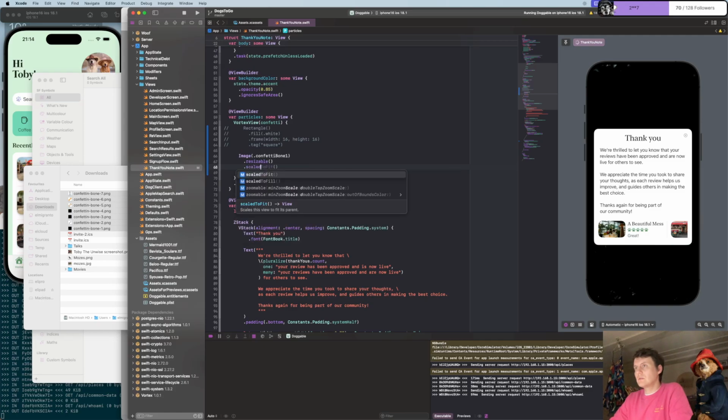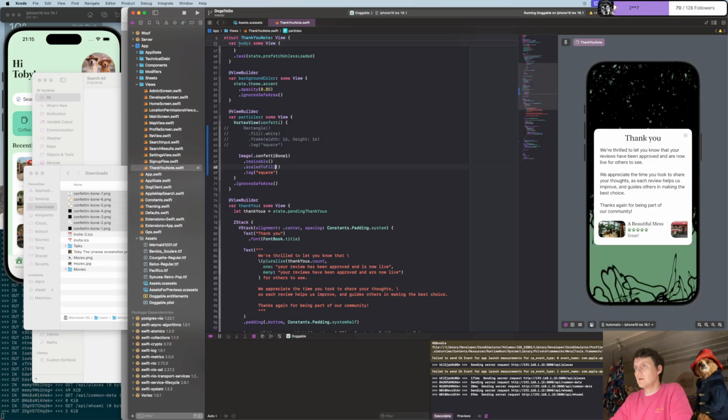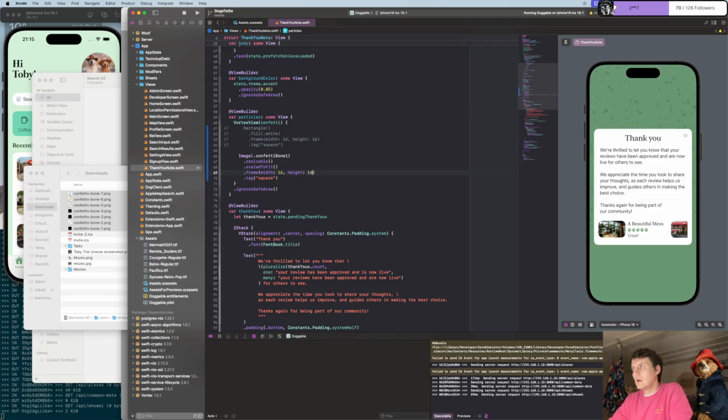And scaled to fit. Fill? No. And maybe we need to give it a frame. A little bit larger. Oh, it is 32 by 32. I don't know why then it is resizable. Oh, it is too large because it's 64. I made it 64. Okay, so